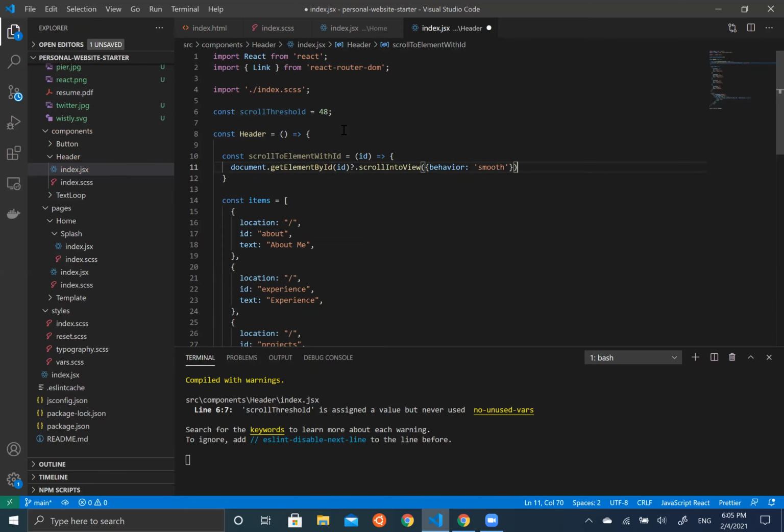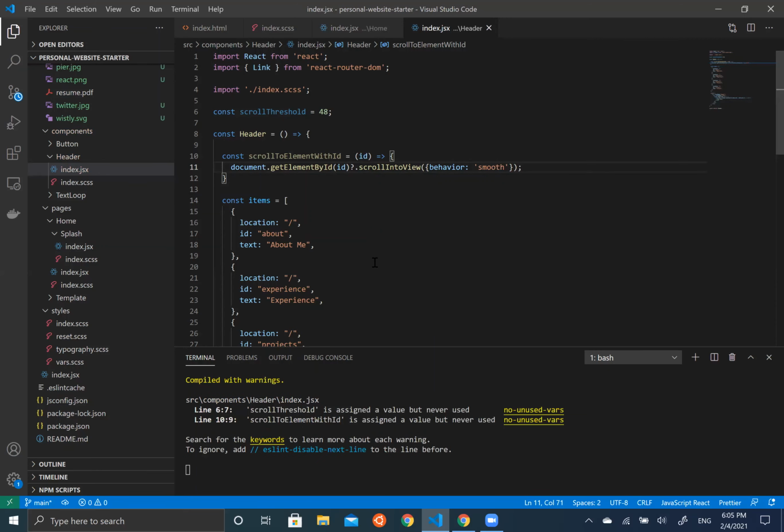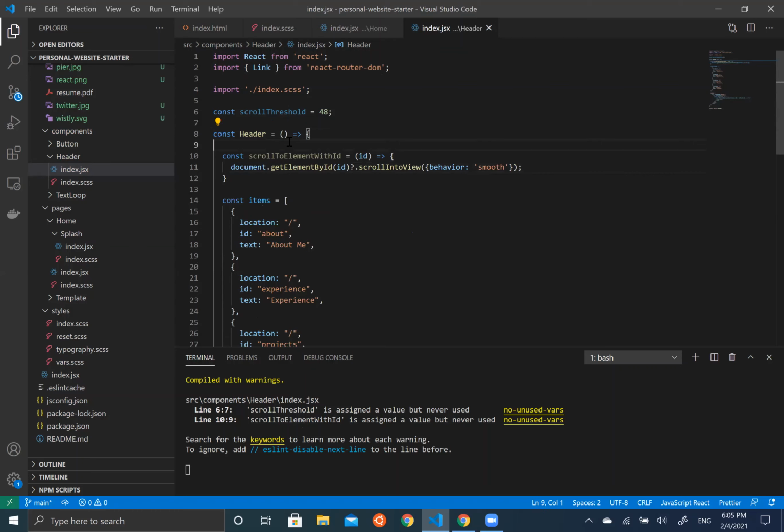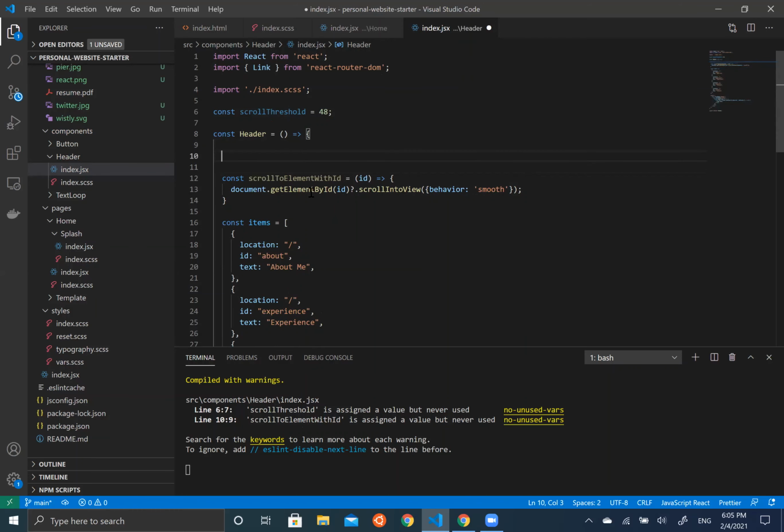Smooth. Now in this case, since we don't have those elements with those IDs yet, it won't actually do anything. But basically this is a way to scroll, and we want some other fancy stuff. So let's fill out how we're going to make that effect. What else will we need? We will need useLocation, and we're going to be using useState and useEffect